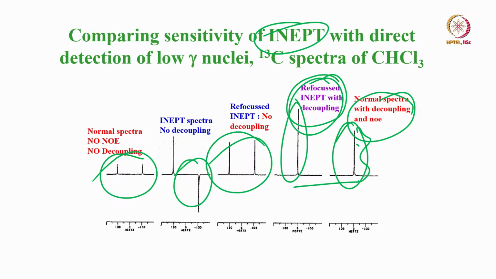That is why in all the 2D heteronuclear experiments like HSQC, HMBC, etc., we always use a polarization transfer technique. INEPT is one of the modules in the pulse sequence, and we transfer the magnetization from abundant spin to rare or dilute spin and then start collecting the signal. This is not what we normally do, and of course we can discuss all those things again and again. There is no point in going into much more detail, but I will tell you one important thing.